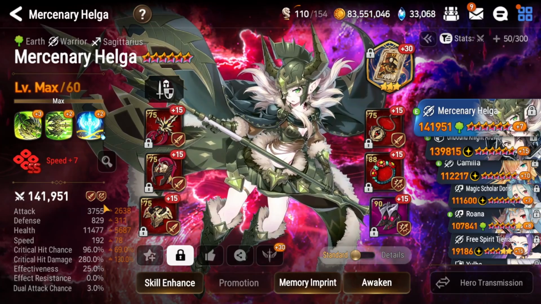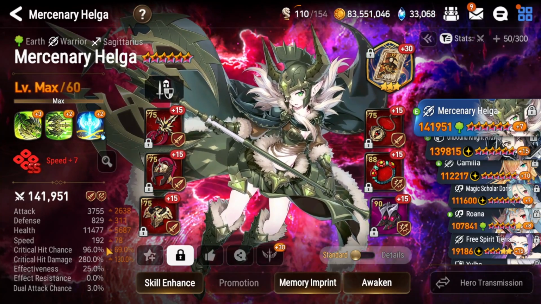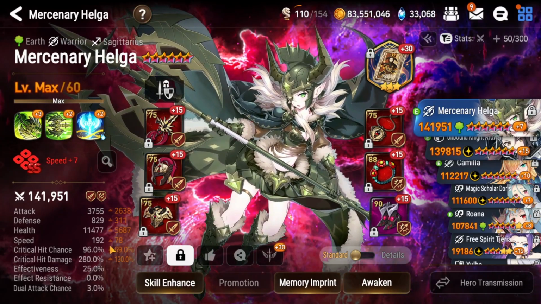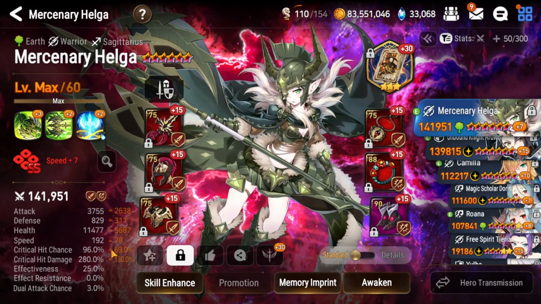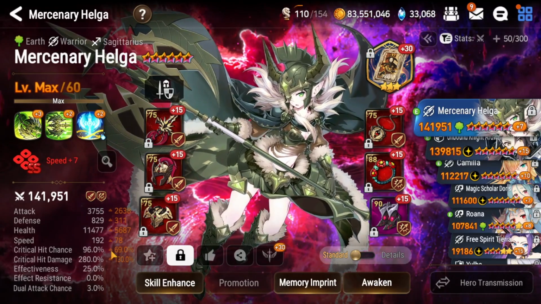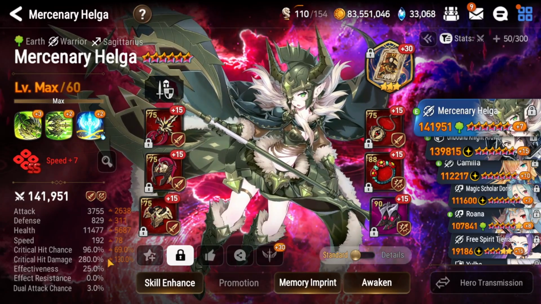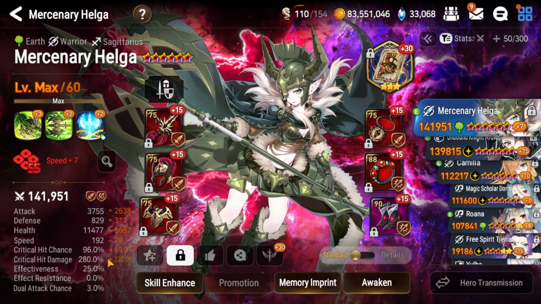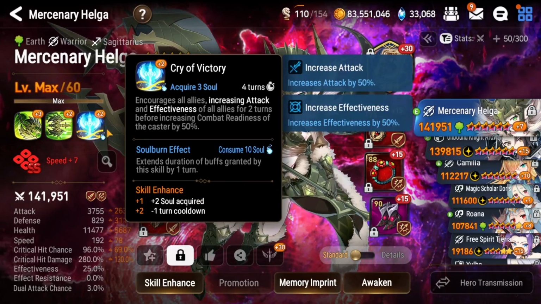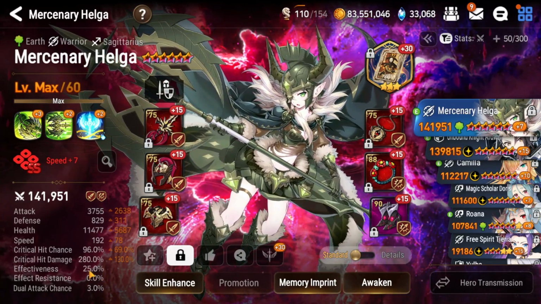What you want is some pretty good attack. You want 3,500 or more. I like to keep my damage dealer somewhere around 170 to 200 speed. That works out. You need at least 85% effectiveness here because you get the 15% from being elemental advantage. Then go for some crit damage. Now this boss has 75 effect resist, so you need 60 effectiveness to land all these debuffs. With her buff here, she gets plus 50, so you only need to have a plus 10